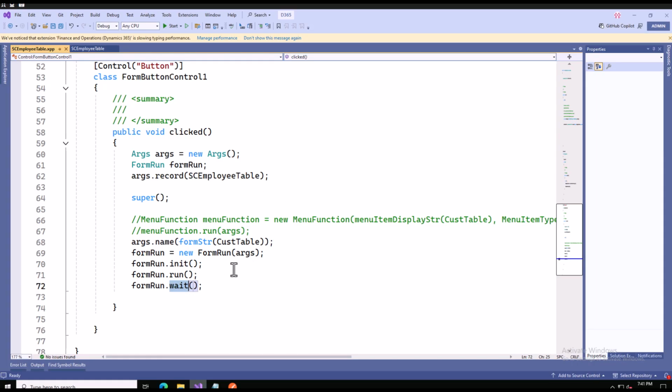I will not be able to see that form on the screen. So that's why this function is necessary there. So this is how we can open one form from another form